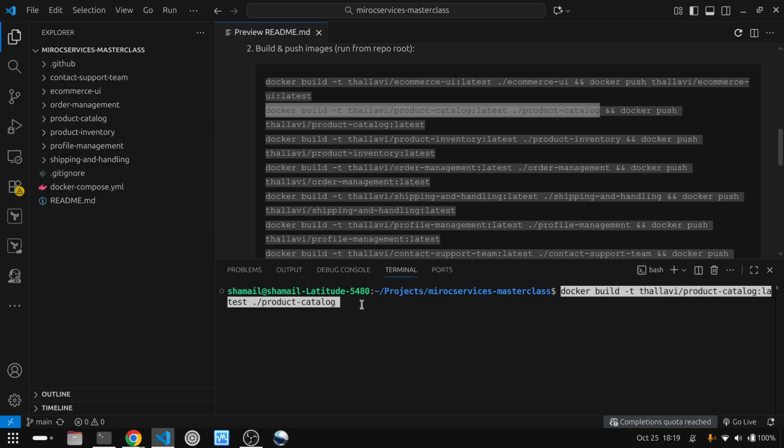So for that reason, I'm skipping this, but you guys can do this. I'll show you actually an easy way of building these images, especially if you have slow internet. That will save some time for you guys. So with this, we are done with building all the images, and the next step is, okay, we write the